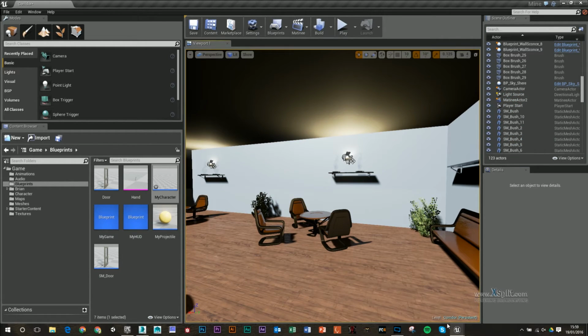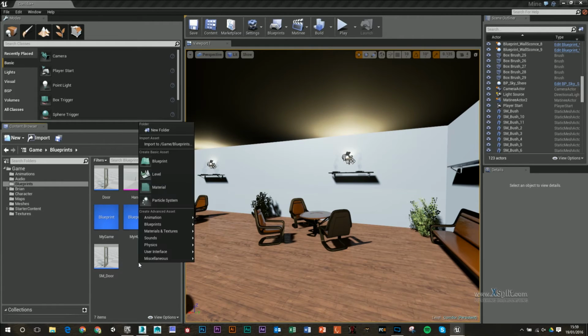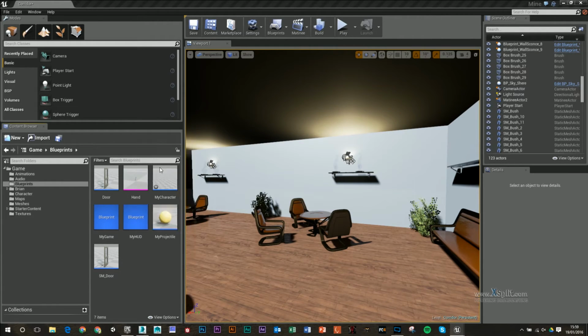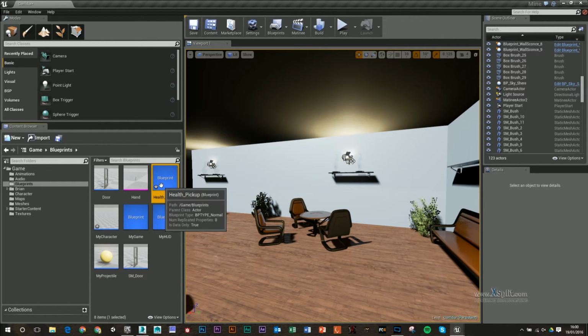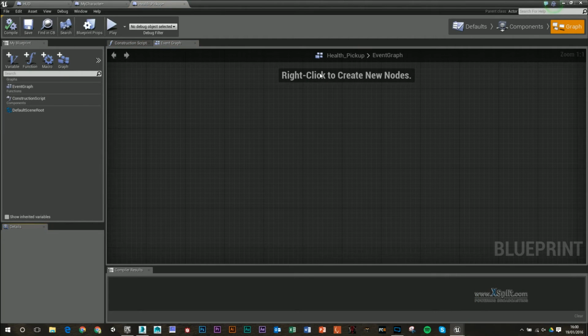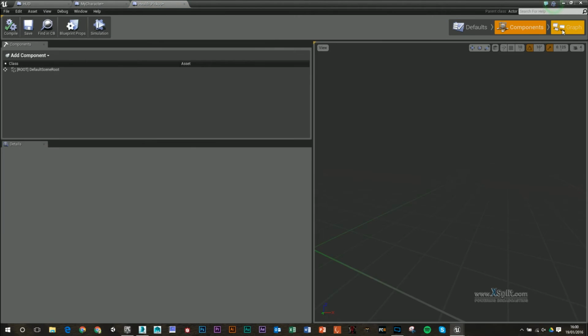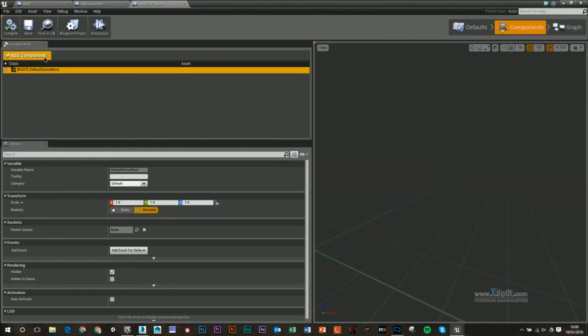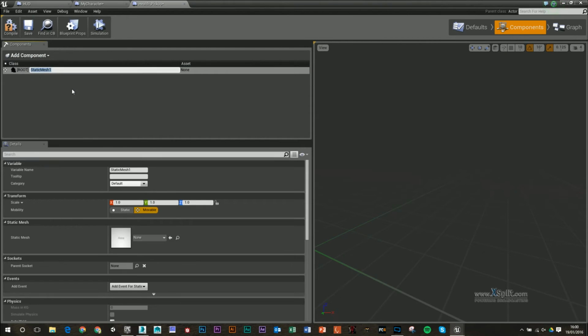So, next part that we want to do is right click, and we're going to make a new blueprint, and we're going to choose actor. And I'm going to call this health pickup. Double click that. So in here we've got defaults, components, graph. We're going to go into our components to start off with. Click on scene root, and I'm just going to add in a static mesh. Okay, and I'm going to call this cross,